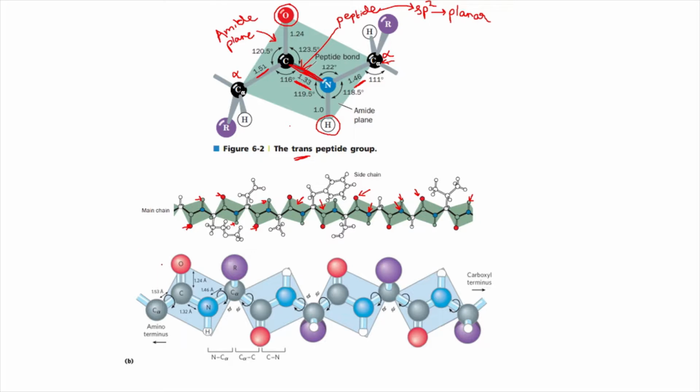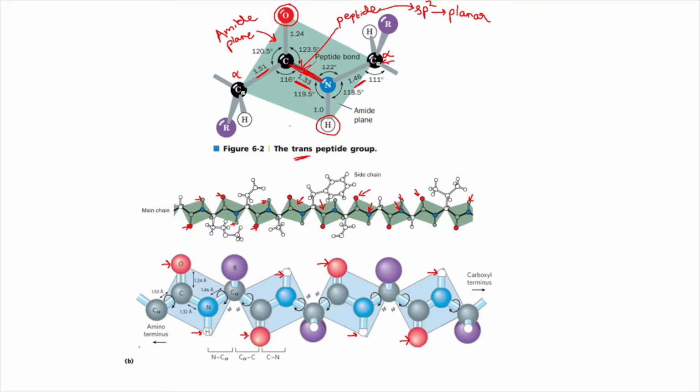So here as you can see, in the first peptide bond oxygen is present upwards, and hydrogen is present trans to it on the opposite side. In the second peptide bond, the red colored atom oxygen is present downwards and the white colored atom hydrogen is present trans to it. Again on the third peptide bond, oxygen is present upwards and hydrogen is present down, in trans position. Again on the fourth peptide bond you have oxygen on the downside and hydrogen on the upside. So there are alternate positions of oxygen and hydrogen.